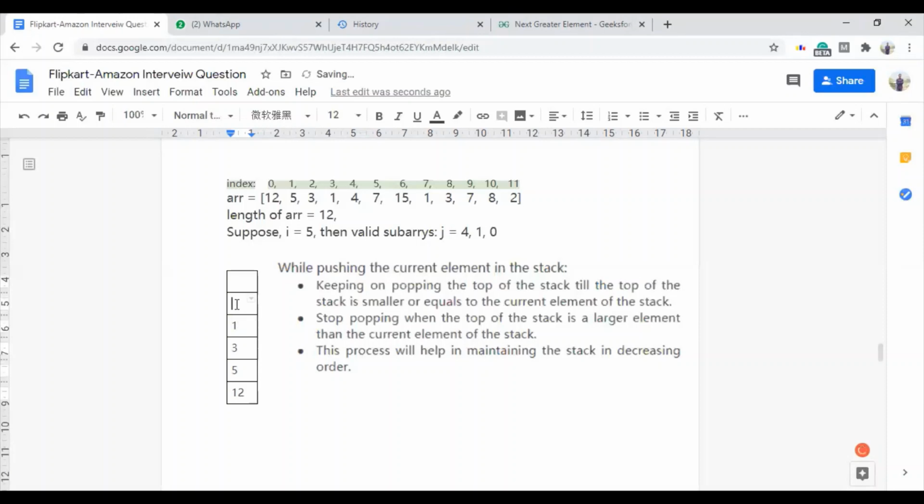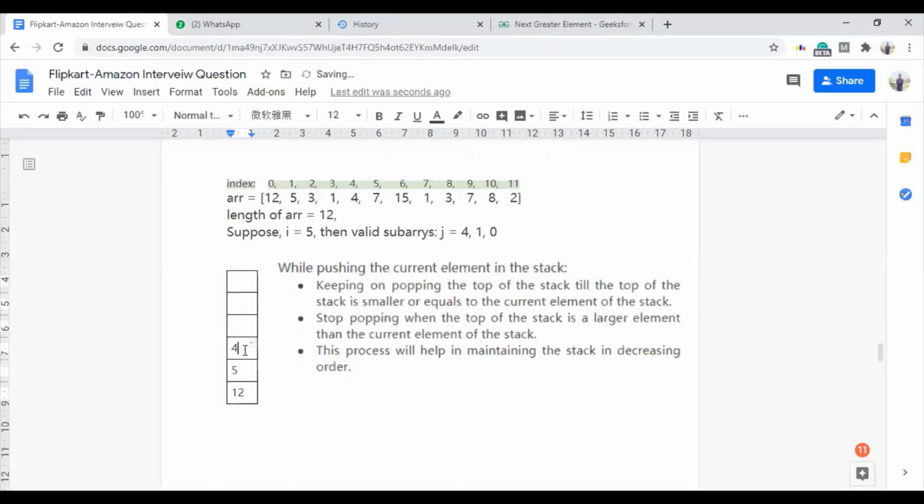Now when we are pushing 4, at that point we will check that 1 is smaller than 4. So once the jth pointer has encountered the value 4, on further decrementing the jth pointer, this value 1 is useless for us, so we will pop it out from the stack. Similarly, 3 is smaller than 4, and so this 3 will be useless for us as the jth pointer has encountered value 4 till now, so this 3 will be popped from the stack as well. Now the top of the stack, that is 5, is greater than 4. So we will not pop 5 out and we will just push 4.